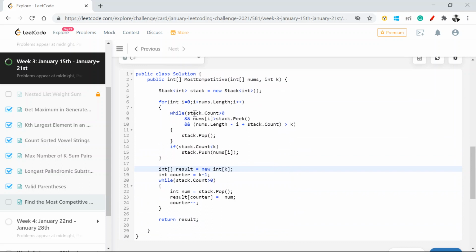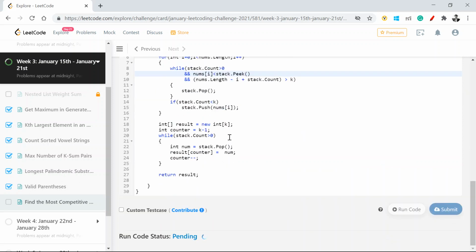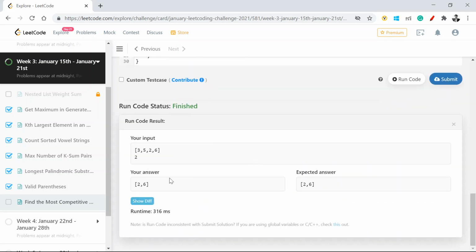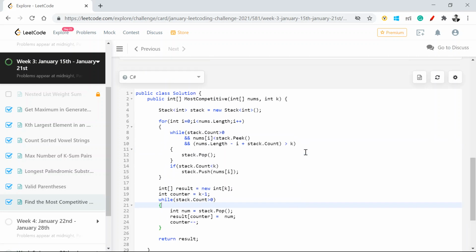So we have to loop through the array, look at the count is greater than, correct. I need to pop the value the moment my current value is less than, oh shoot. So this should have been less than the stack dot peek, because if the current value is less than my last value in the stack, then I should go ahead and pop that value which is there in the stack. That was a big blunder. It's like doing the reverse thing of what we just requested. Oh, I got an answer. 2,6. Cool. Let's submit it. It got accepted. Cool. Thanks.